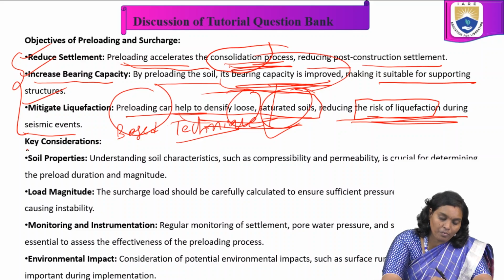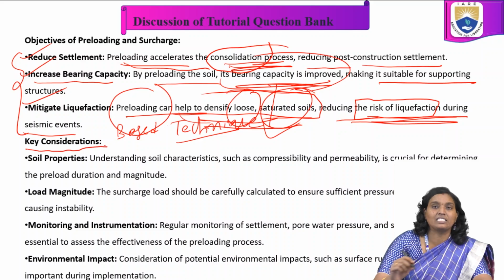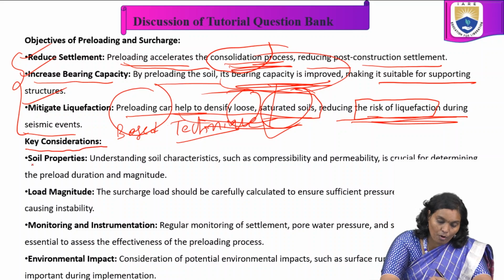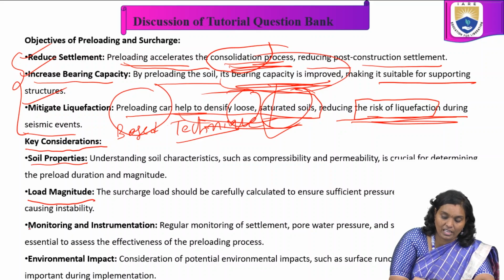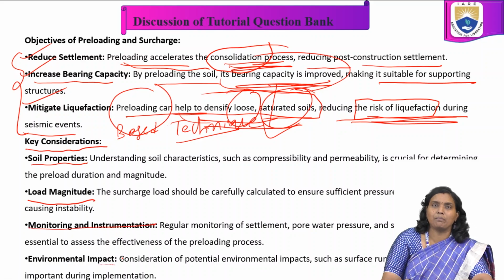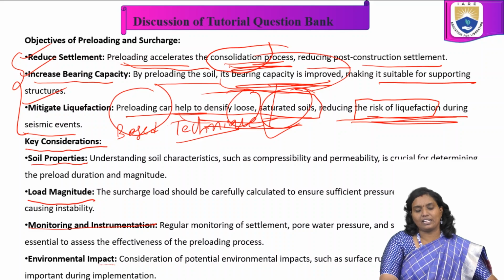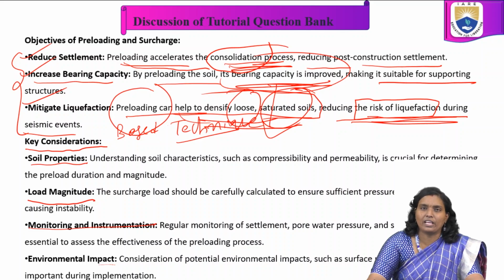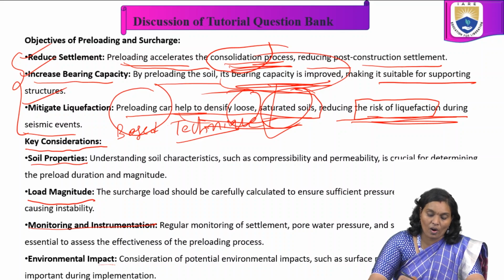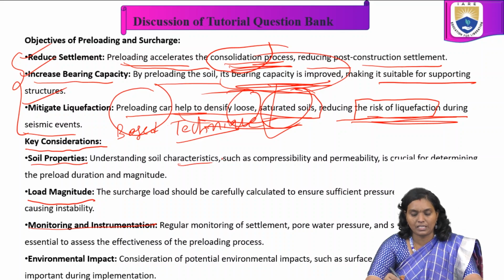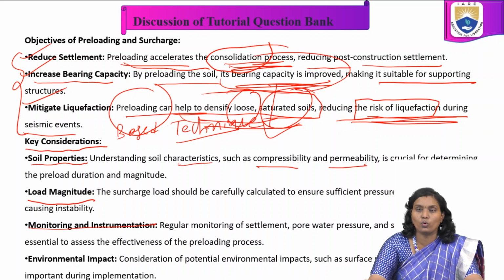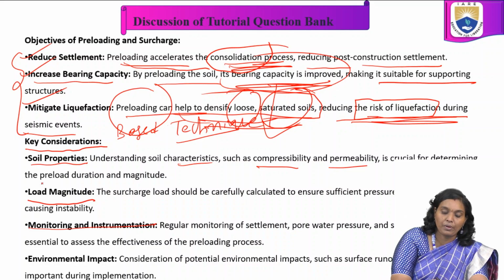Now one more important thing is the key considerations. So soil properties, load magnitude, monitoring and instrumentation, and environmental impact. These are the considerations for this type of technique. In soil properties, understanding the soil characteristics such as compressibility and permeability is crucial for determining the preload duration